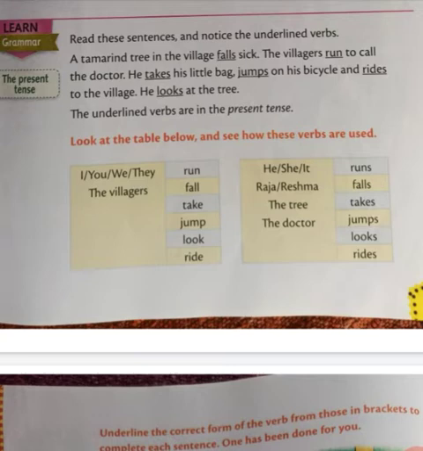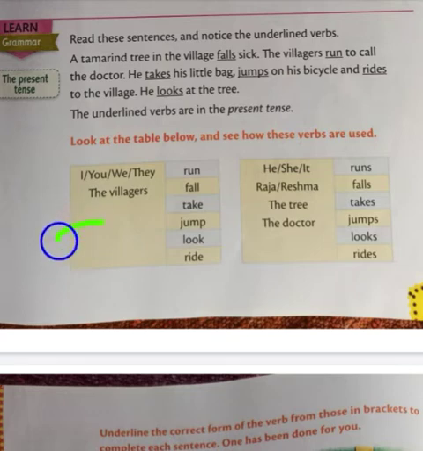So dear students, in previous videos we have been learning lesson number 7. In the last video we understood about present tense, about grammar. So what is present tense? Present tense is used to talk about present or current activity, or daily habits. Means our daily habits, or the things or the works which we do daily, are called present tense.